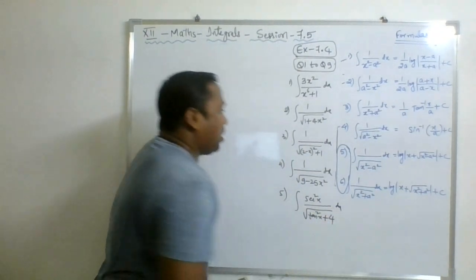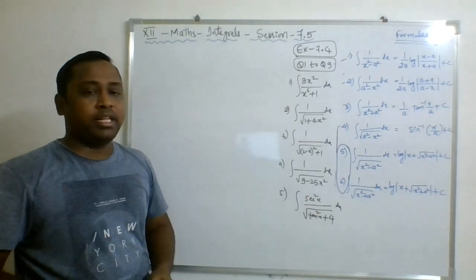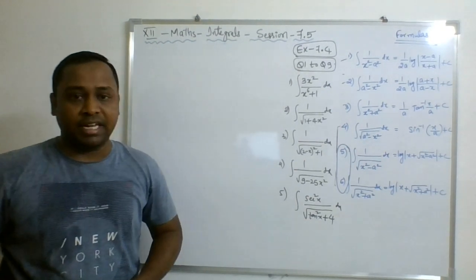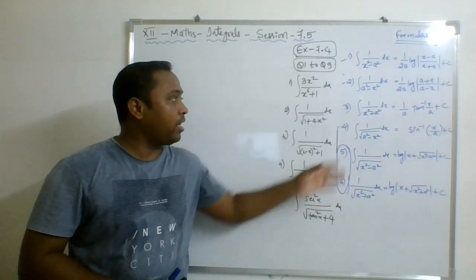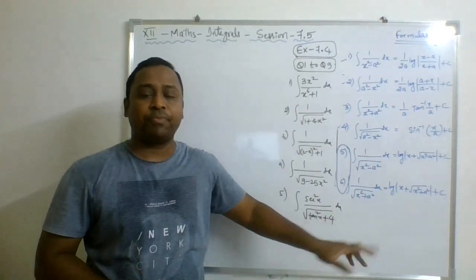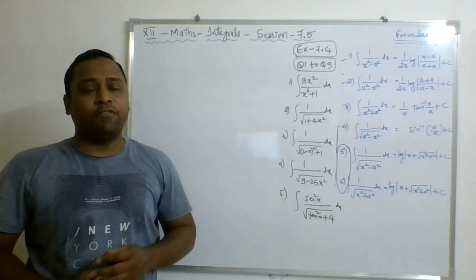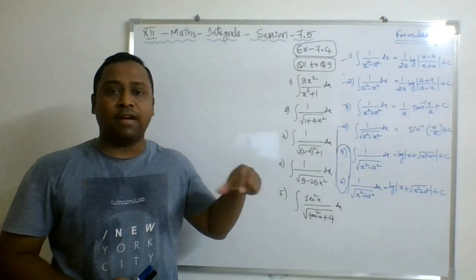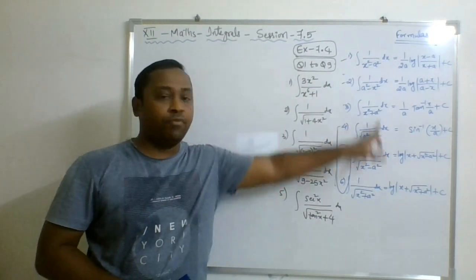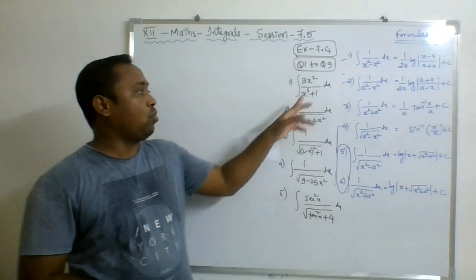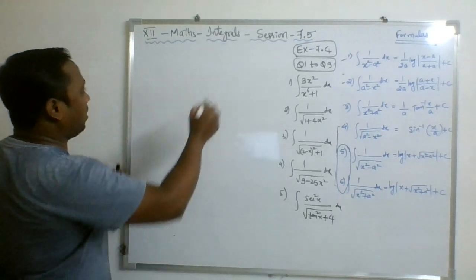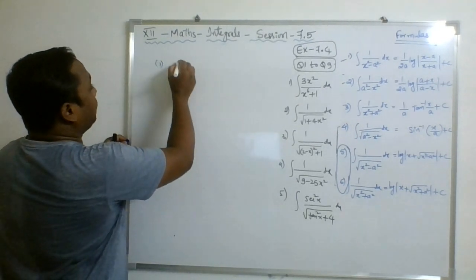So if you understood these 5 sums, then definitely you will understand the remaining sums. Now see, sometimes the question is directly in the standard form. Sometimes you need to go for the substitution technique. Thereafter it reduces to one of these 6 forms. Okay, so just have a look at the first question, how smartly the question is framed.